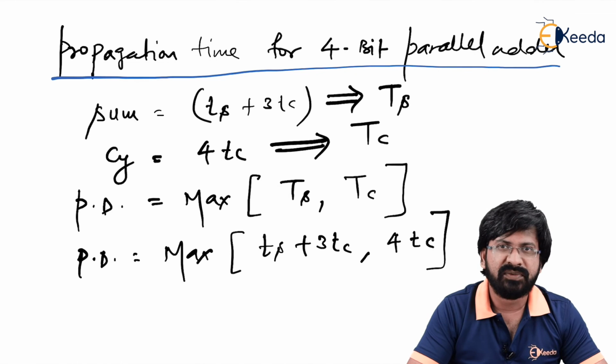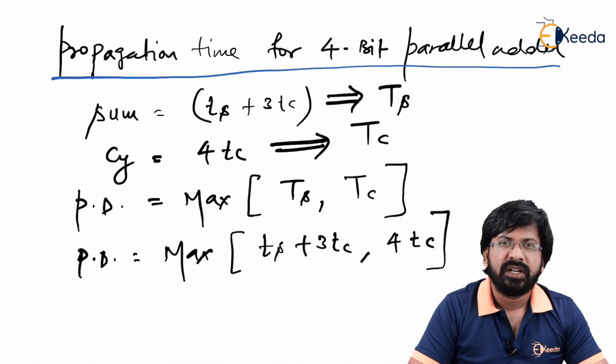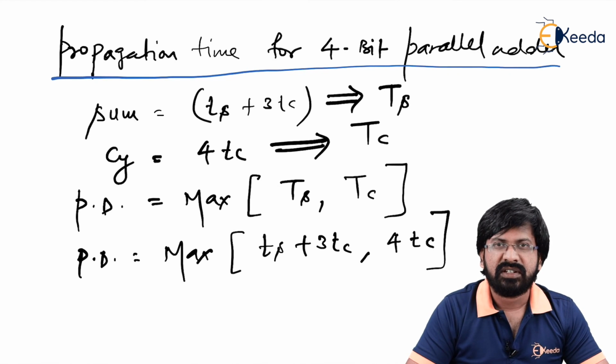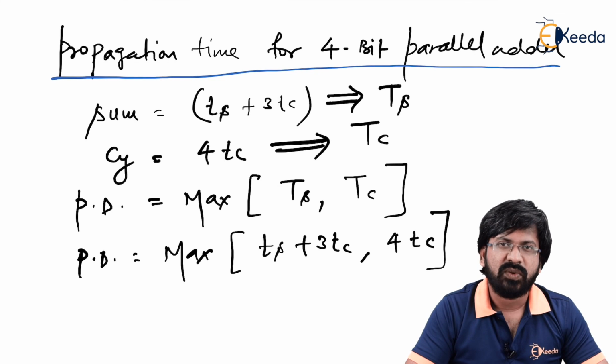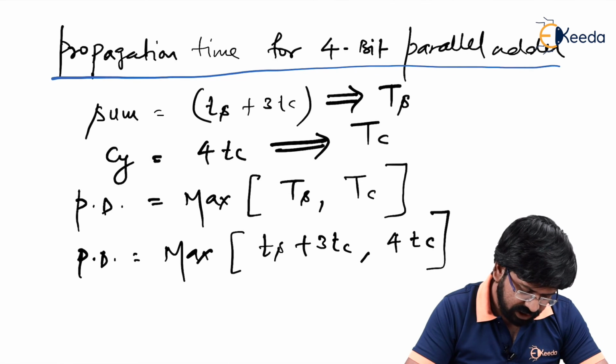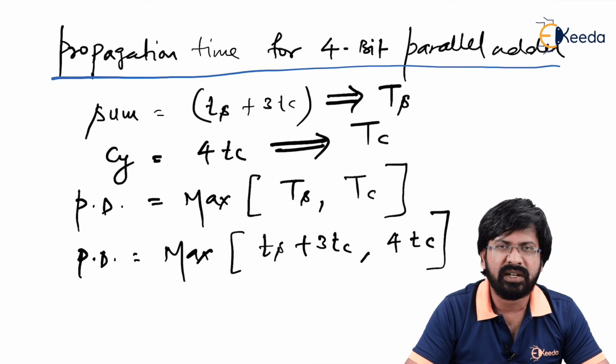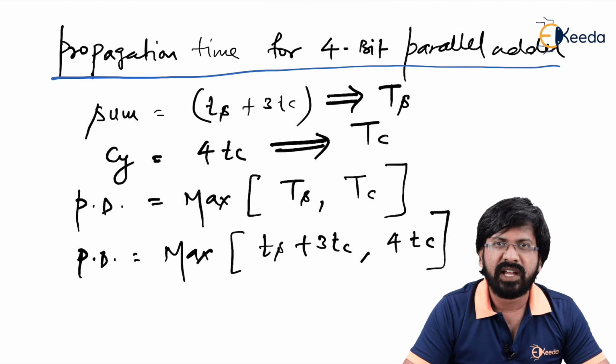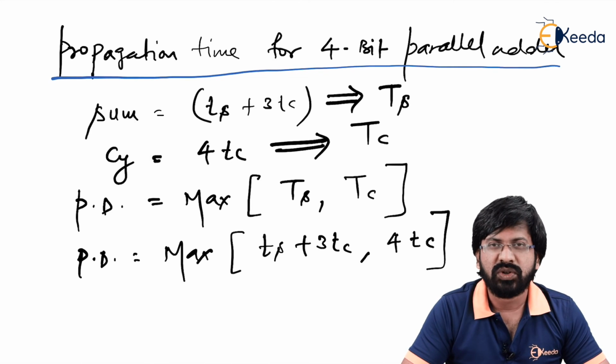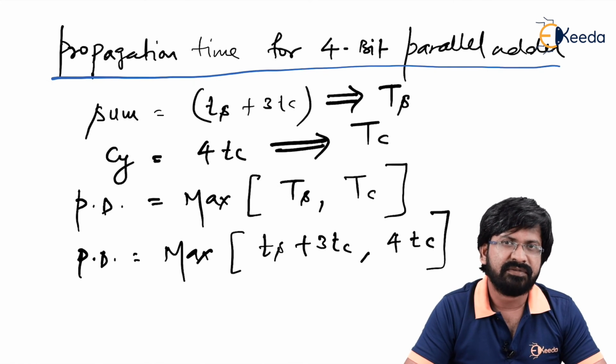I'm sure you understood this 4-bit adder, but at the same time, we should understand that in GATE examination, they will never concentrate on 4-bit adder. If let's say they ask you the question of propagation delay on 4-bit parallel adder, and suppose Ts and Tc data are given to you, you can calculate it very easily. But what if they ask you for 5-bit? What if they ask you for 6-bit? What if they ask you for 33-bit? Then what you're going to do? It means we must have some generalized formula, that is in terms of n bit.